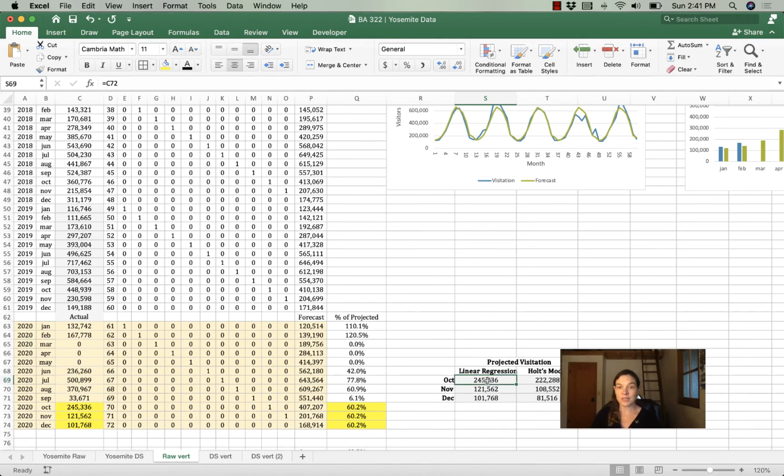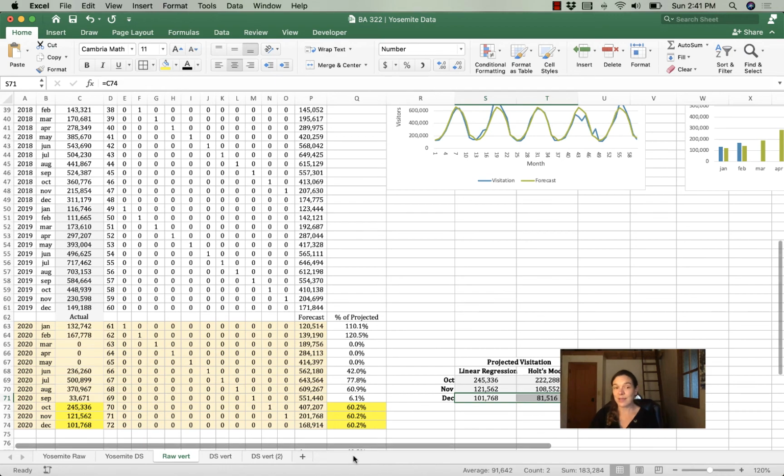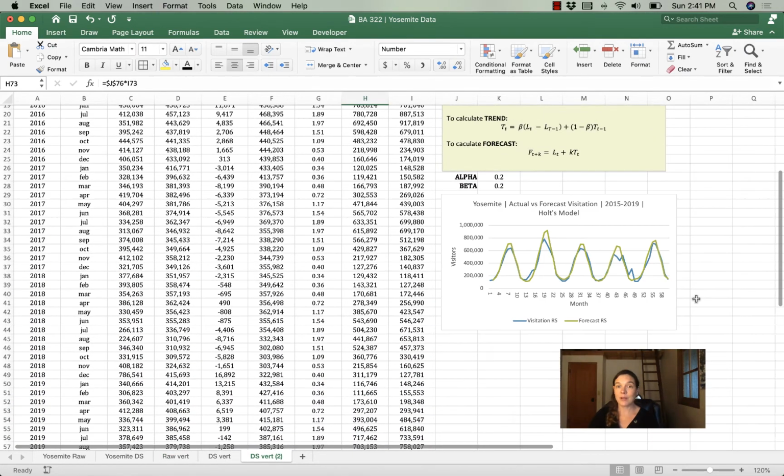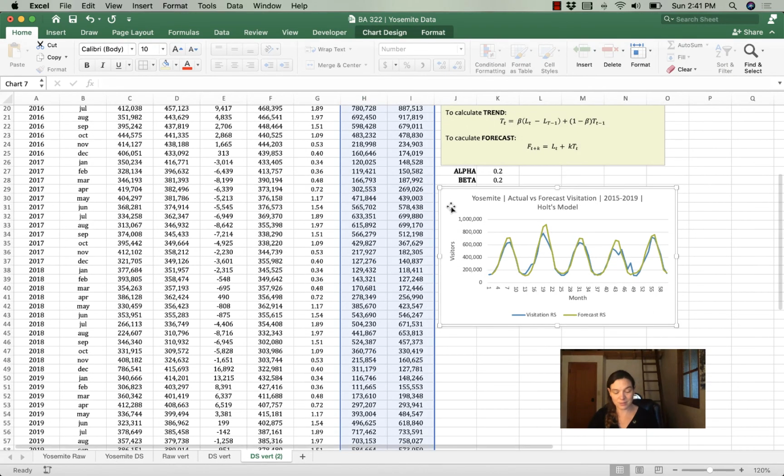They're actually quite close. If I were doing this for the National Park System, I might even say I'm expecting a number in that range for October, or a number in this range for November, or a number in this range for December. And to just make one last comparison, I'm going to copy and paste these charts